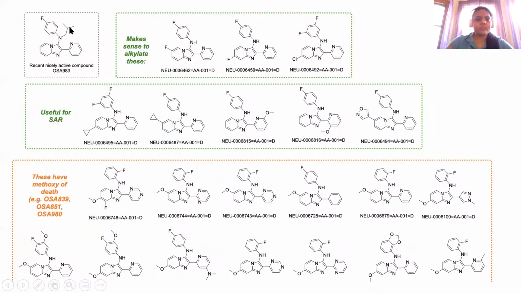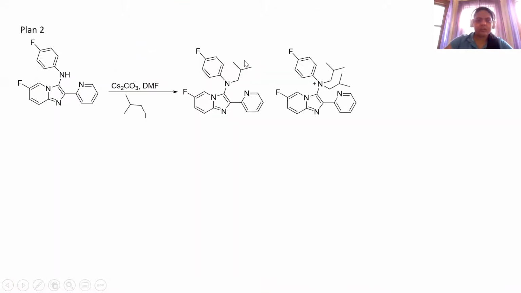So initially we are working to make these alkylated with the most potent one. We start our reaction with simple protection with cesium carbonate in DMF, and the problem is we are getting multiple spots. These two are the most potent, which are identified by LCMS mass, and they are very close. We are unable to separate these with various methods. So we are planning to move forward.